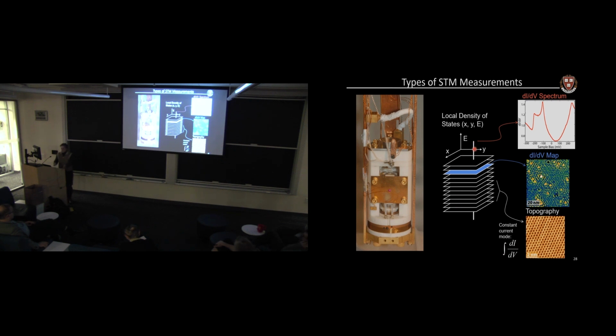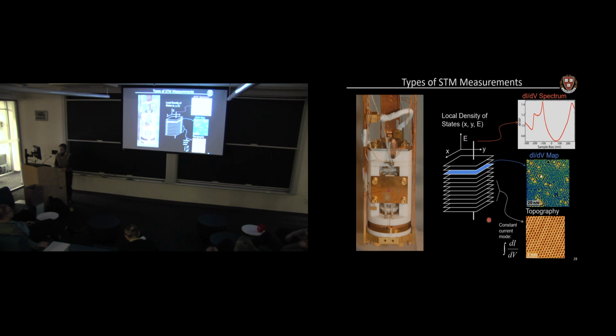So we can park the tip at a particular XY location and change the voltage and measure the tunneling current. Here's the tunneling current as a function of voltage. This is actually the derivative of the tunneling current as a function of voltage, which gives us the density of states at a particular energy. Or we can fix the voltage between tip and sample and map the density of states over a whole area at just a single energy. And so we would get a map that looks like this. And then there's a third mode in which we operate a feedback loop, and we can get the geometrical shape of the surface by requiring a fixed tunneling current.